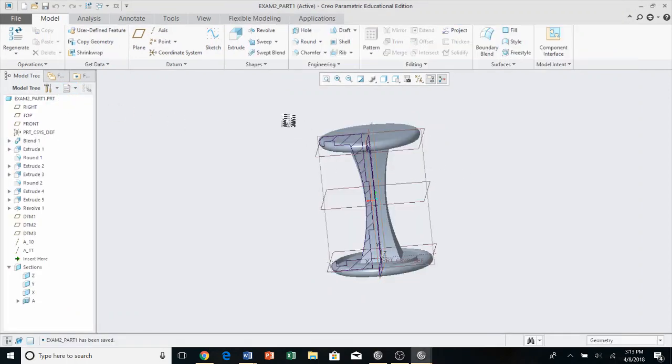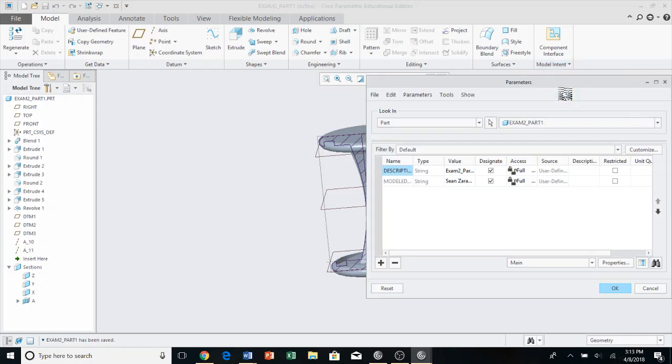So you open this part, and now we have to set parameters for it. So we're going to come to model intent, push parameters, and we're going to add parameters. So we're going to add here, we're going to add parts underscore number. It's not a real number, that's a string,